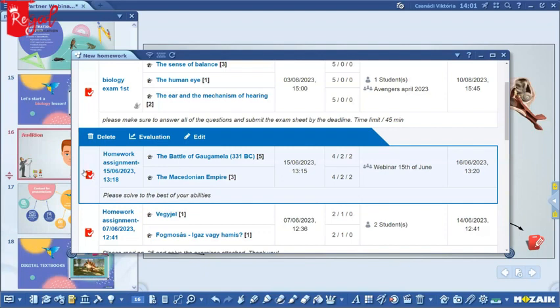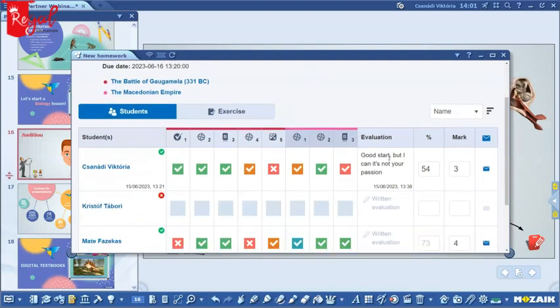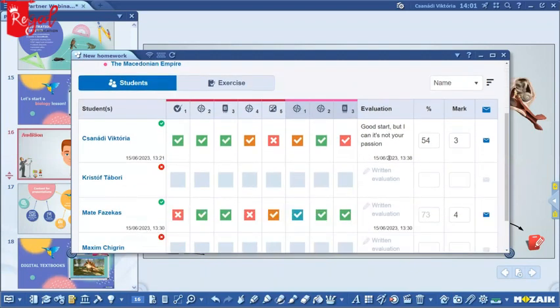If I click on the little icon of the test sheet, I can also make an edit or the evaluation. So if I click on the evaluation, you will see all of the students that solved the questions. You will see how many percent they earned on one given exercise. And now you can see that I